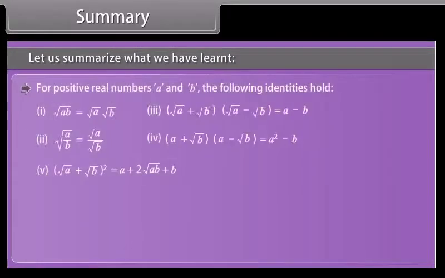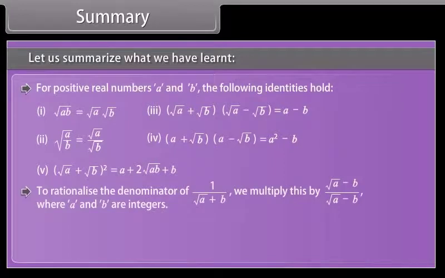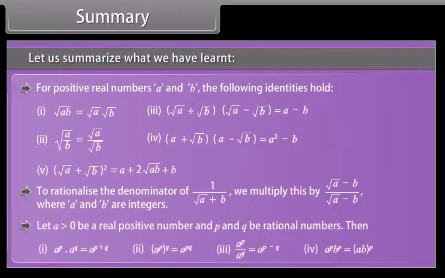For positive real numbers a and b, the following identities hold. To rationalize a denominator of 1 upon square root of a plus b, we multiply this by square root of a minus b whole upon square root of a minus b, where a and b are integers. Let a be greater than 0, a real positive number, and p and q be rational numbers, then